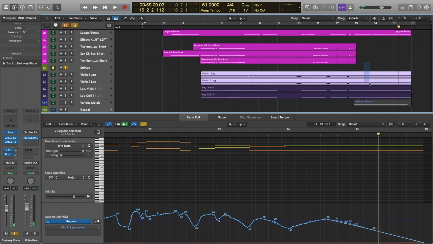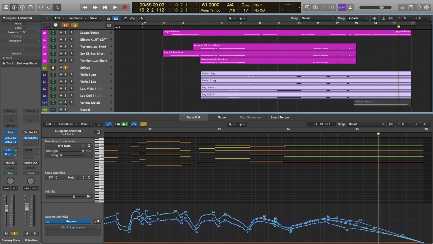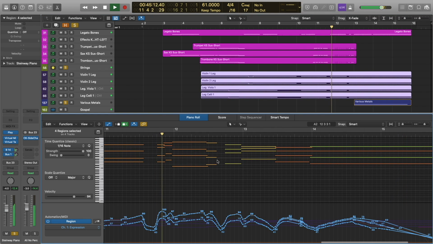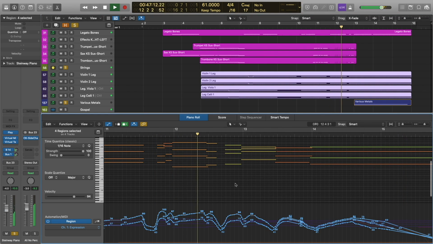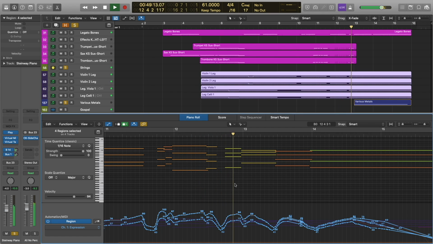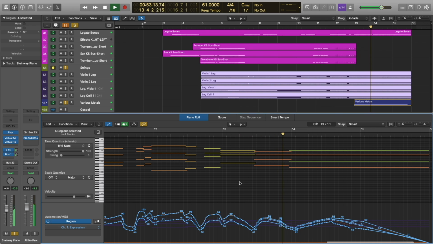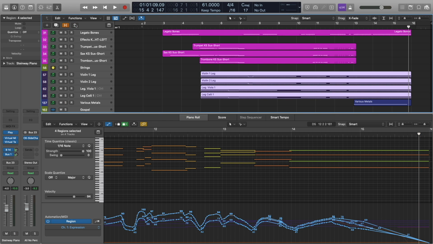Okay, and let's add our strings as well as the mark tree. Okay, and those strings really help to fill out the mix without making it too cluttered.